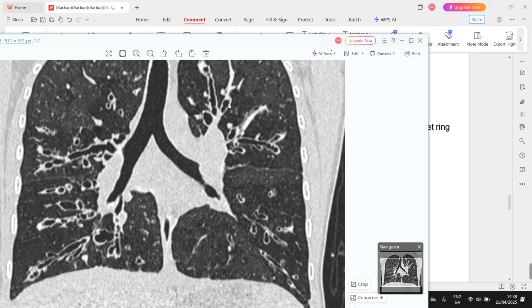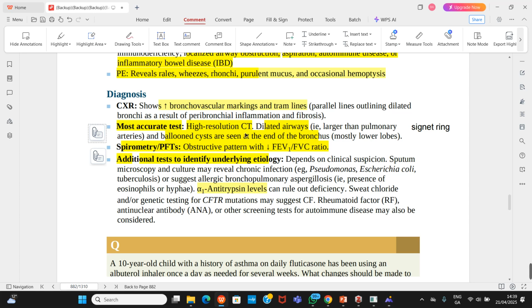But people with bronchiectasis, because of the dilatation, it will be shown that the bronchial wall is going to be larger in diameter compared to the vessels. So that's more like what you call the signet ring appearance. So the bronchial airway opening is going to be more than the surrounding pulmonary artery, like that. So you can see all this dilatation. You can see this one very dilated. You can see the dilatation here too. You can see this dilatation here, this dilatation, this dilatation. So that's like signet ring appearance, classic for